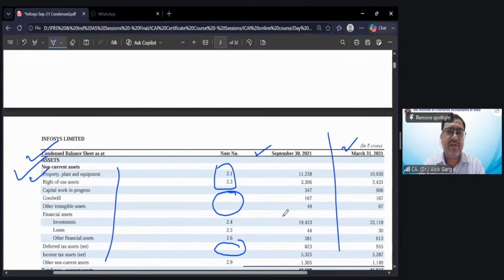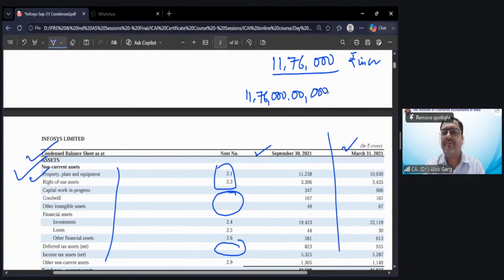For example, last year, Reliance Industries Limited revenue was 11,76,000 crore. They have written this in the financial statement like this: 11,76,000 crore. This is figures in crores. But you know how they write in their income tax return? This is how they have written in their income tax return. Okay. Clear, Sai Kiran? Shall I move forward?